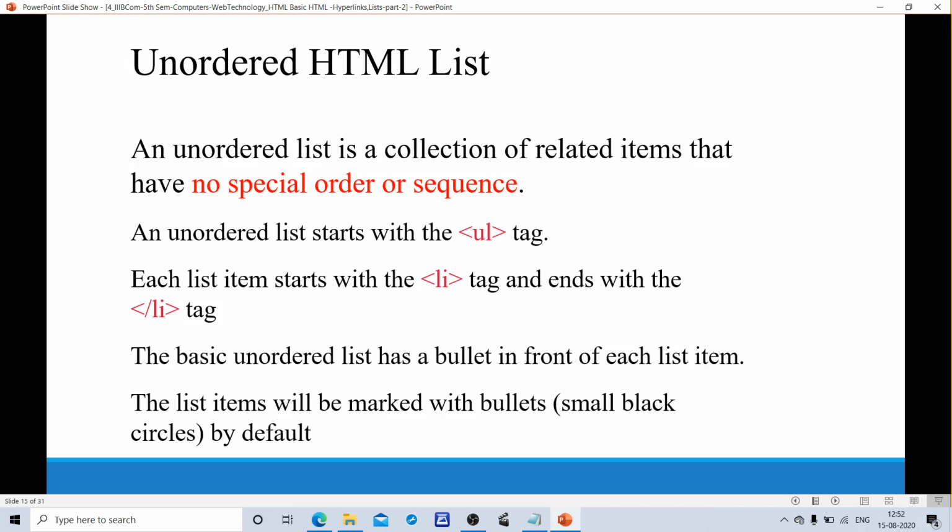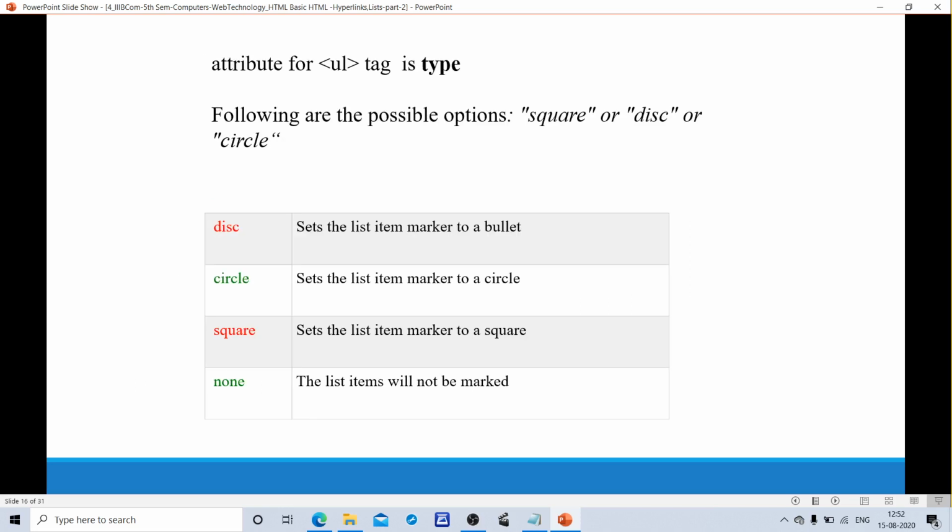bullets. We have three types of values. The type attribute is used for this. If it doesn't specify, then the bullet appears as small black circles. The attribute for the UL tag is type. The following are the values for the type attribute. The first ones are square, disc or circle.